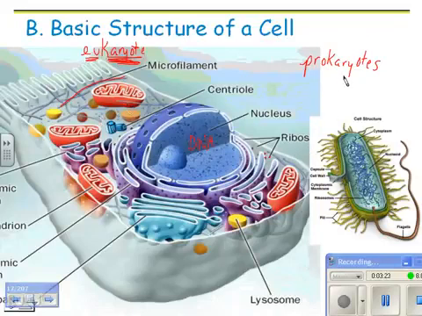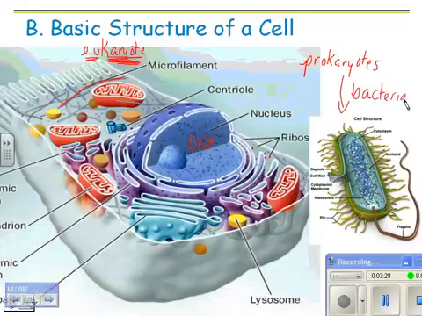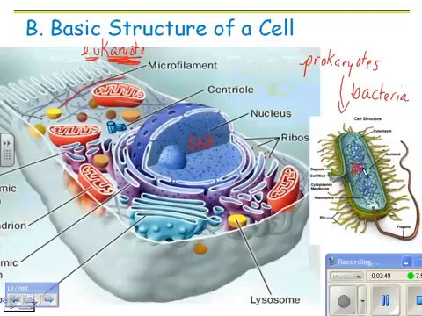Come over here and look at the prokaryote. Prokaryotes are bacteria. There are eubacteria, which are true bacteria, and there are archaebacteria, which are old-fashioned bacteria. But anyway, here's a bacterium, and you don't see any membranes in here. You've got the outer membrane, that's true, because you couldn't have a cell without the cell membrane. And then there's a cell wall, and maybe a cell capsule. But inside, there's not a single membrane to be found. All it is is DNA in there to have the instructions on how to make the cell. And then these little dots are ribosomes. You need the DNA for the instructions, you need the ribosomes to actually make the proteins and all your enzymes, which are proteins, which make up the entire rest of the cell.